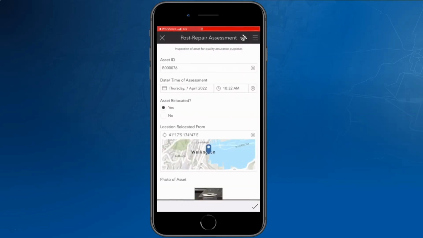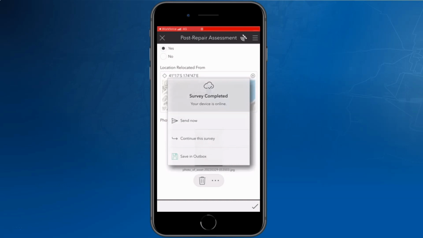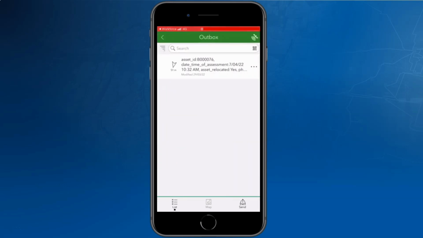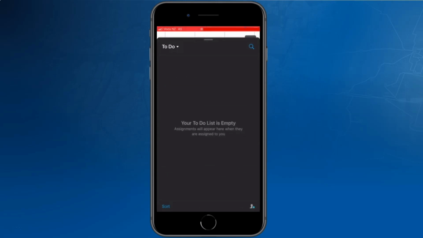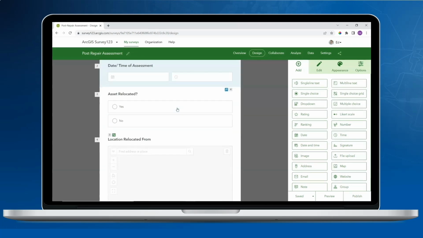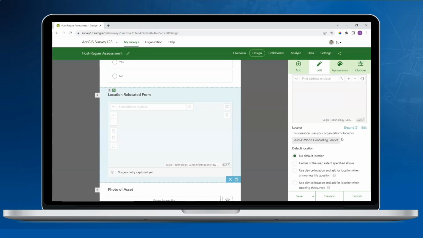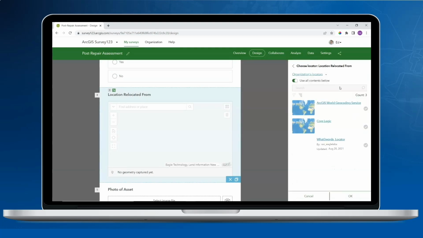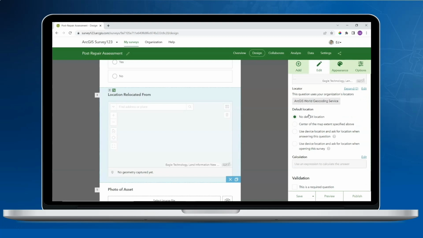And you'll notice also when capturing a photograph, it takes advantage of the most recent advancements in camera technology. So I'm going to submit the survey and then click over to the new Survey 123 Web Designer capabilities, particularly when configuring that specific default location. You can see when I go into my GeoPoint question, I'm able to change a few things. In the Web Designer, I can now configure a specific geocoding service based on what's available to my organisation. And do note those different press to locate options available inside the Survey 123 Web Designer.